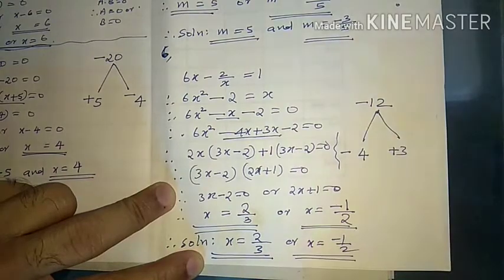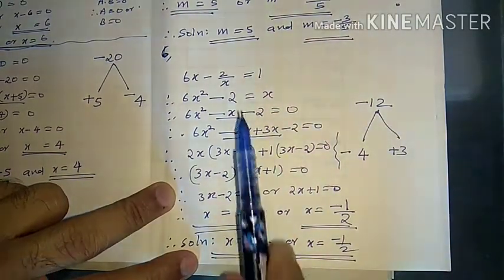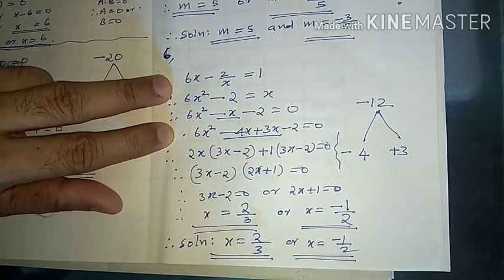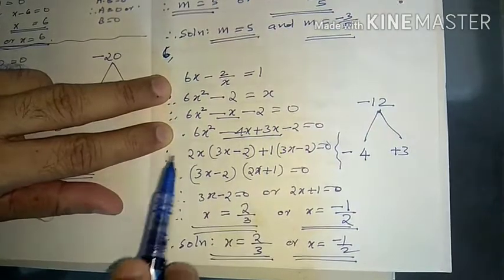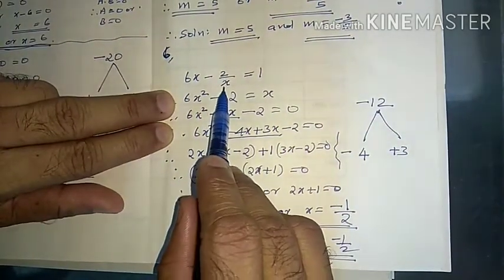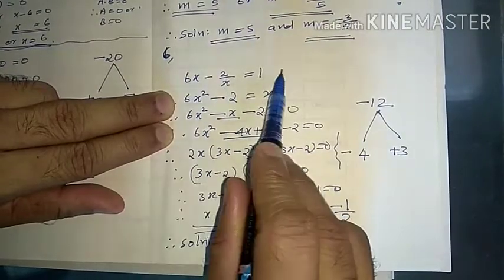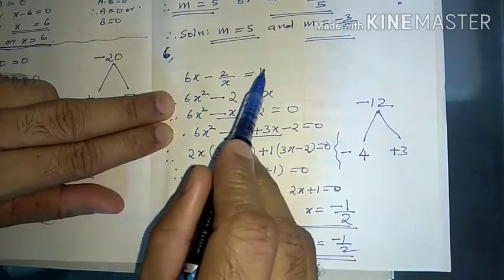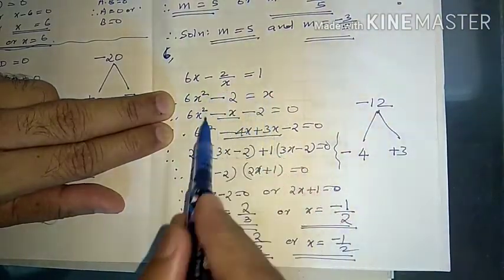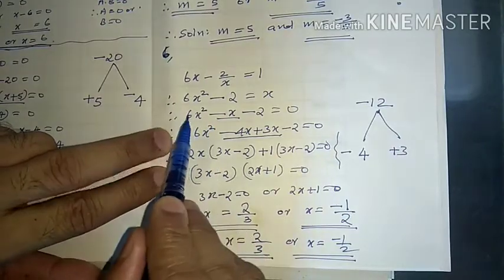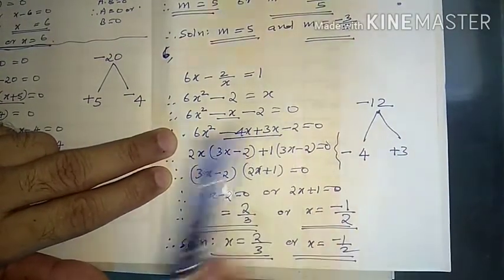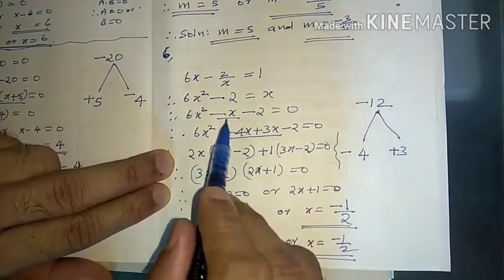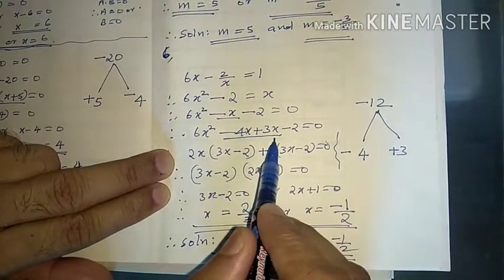One answer, second answer. Here first of all, it is not in the standard form. It is not in the general form of a quadratic equation like x square, x, constant equal to 0. And we have the denominator, we don't want it, so multiply with that throughout the equation. Here multiply, divide, cancels, minus 2. Here multiply. Then take the plus x to the left side, minus x. Now it is in general form, x square, x, constant equal to 0, like ax square plus bx plus c equal to 0 form. Then factorization, middle term split.